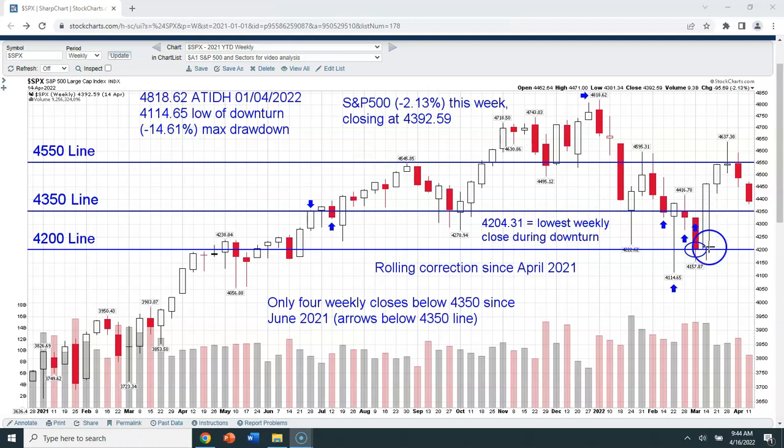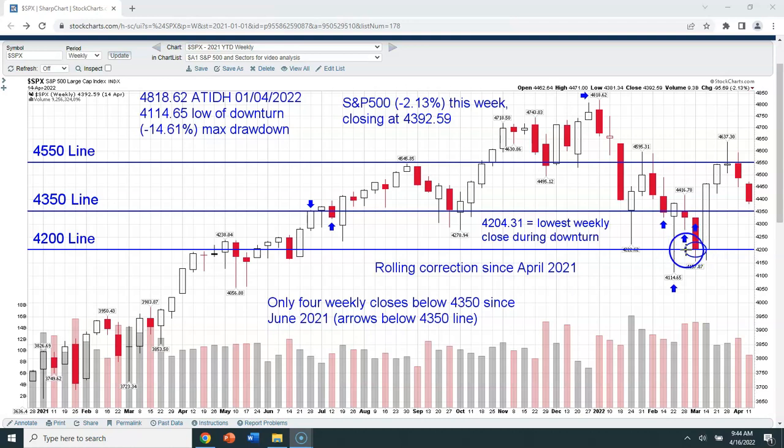But guys, when we have these huge moves off of a technical support area, again 4,200 is this line here, and we had about 10 weeks of trading or so from April, May, and the first half of June of 2021 around this 4,200 level before we pushed up to 4350, where we played around for a few weeks before we finally got above that. And I'll come back to that here in a second, because this 4350 level is about to come into play again, and that's a very, very important support level.